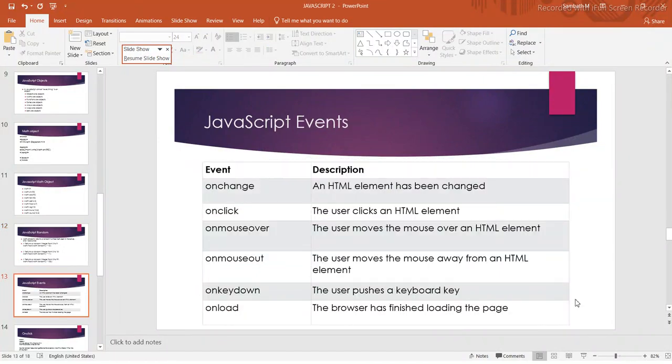The next topic we have is events. In JavaScript we have different types of events, like onclick. We have already seen onclick. I will create a button. When I click the button,